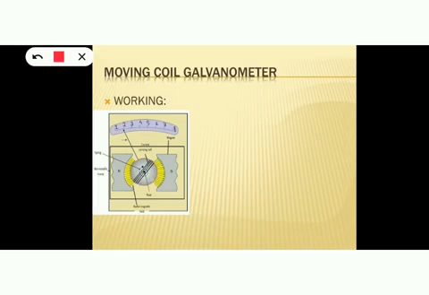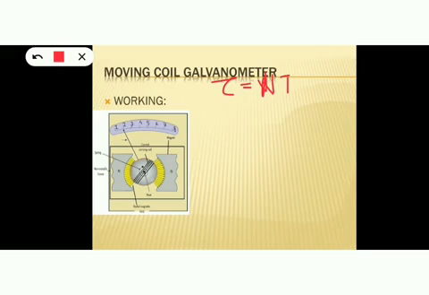Children, next let's discuss the working of the moving coil galvanometer. As I told you before, the moving coil galvanometer works on the principle of the torque experienced by a rectangular coil when it is placed in a magnetic field. So here also we are considering this rectangular coil. Whenever the galvanometer is connected in a circuit, current flows through the galvanometer, and the same current flows through the rectangular coil. Whenever current flows through the rectangular coil, it will experience a torque since it is placed in a magnetic field. And that torque expression is